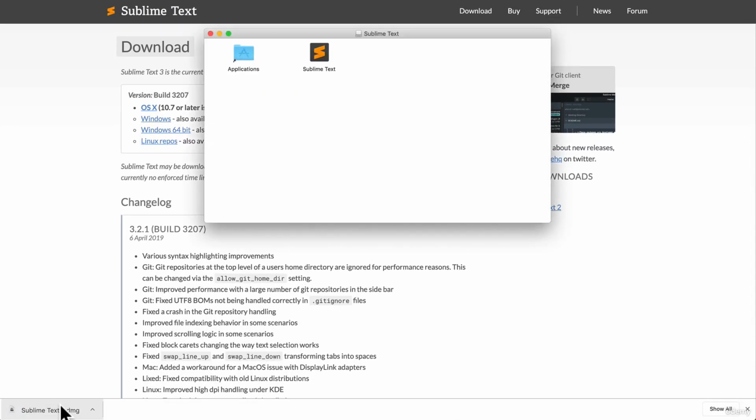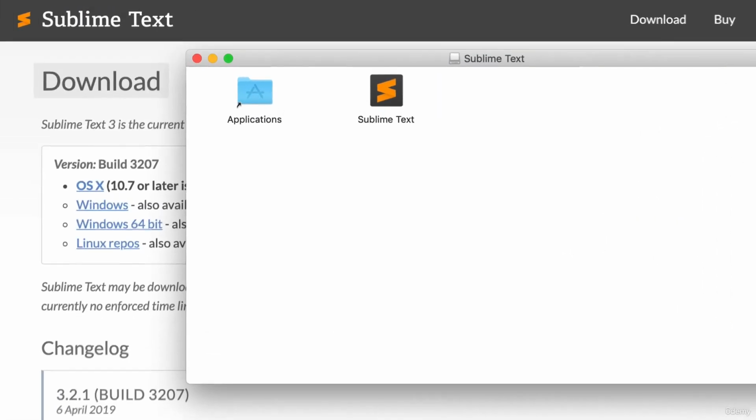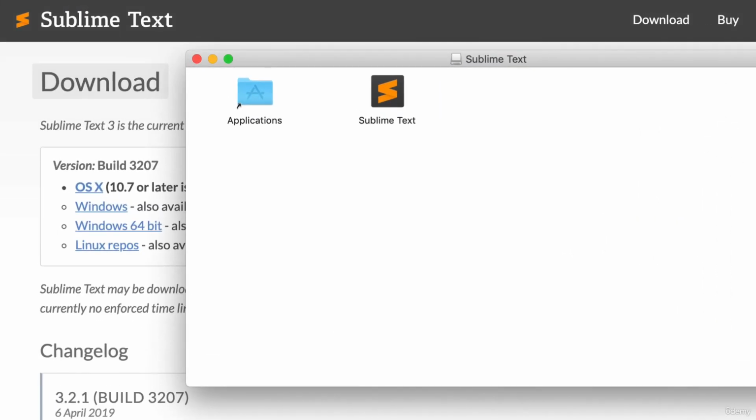Now, Sublime Text has this model where it is free. But every time you save, maybe like every 20th time that you save, it'll have a prompt that says, hey, you should purchase Sublime Text. So if you really, really like it, it's good to contribute and actually buy it. And most of the time, the workplace that you work at will actually cover the cost. But you can also use it for free. You'll just get that annoying prompt every once in a while when you save saying, hey, buy. But you can still have all the features that you want with the free version.